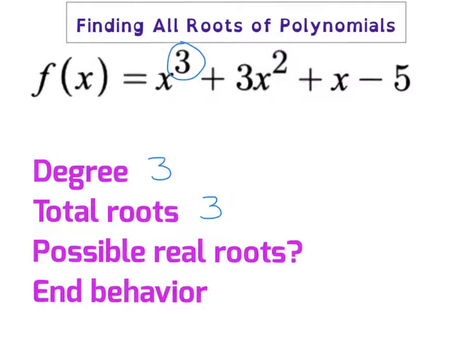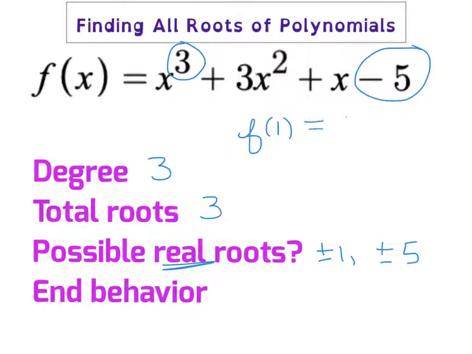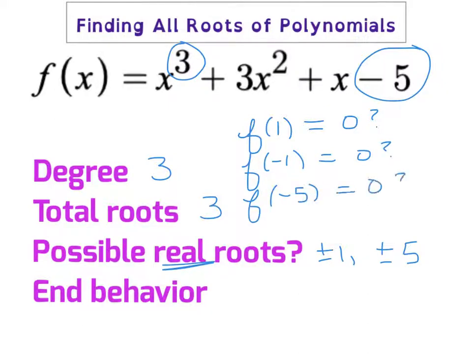The possible real roots are always factors of the constant term because they have to multiply together to make -5 at the end. Those numbers would be plus or minus 1 and plus or minus 5 because 1 and 5 are the factors of 5. To know which one actually is a factor, you could plug in f of 1 and see if that equals 0. You could do this for each of the possible roots,